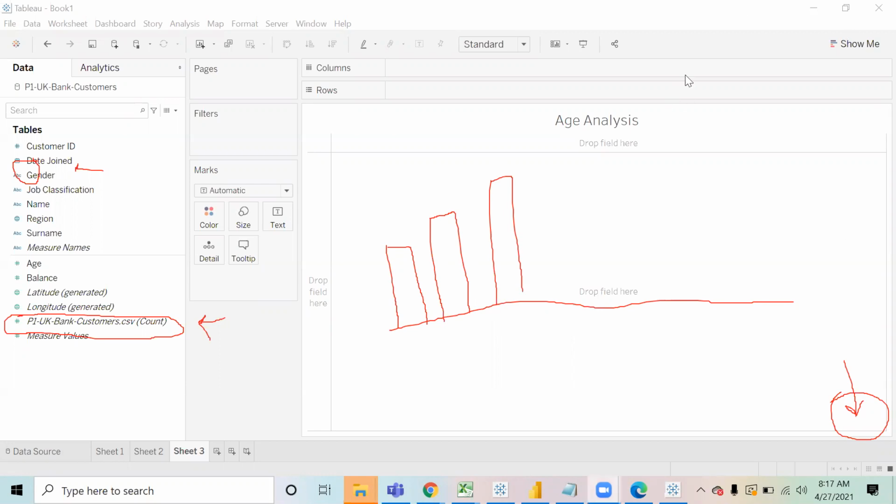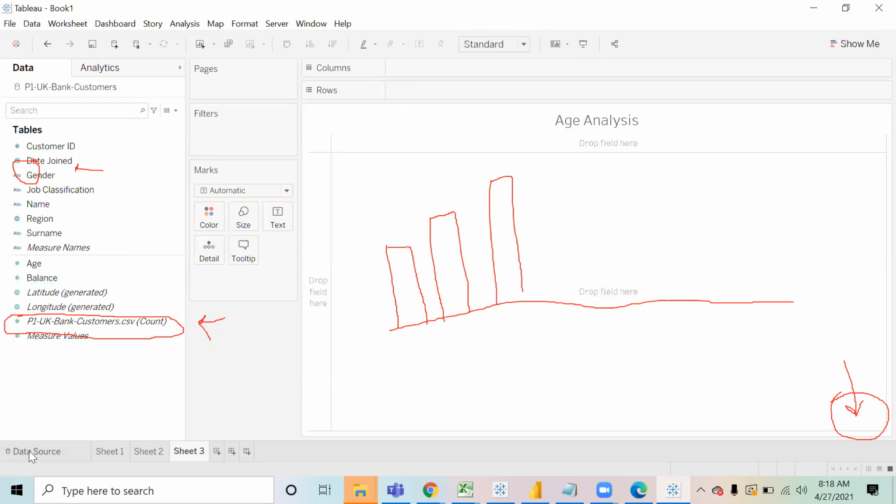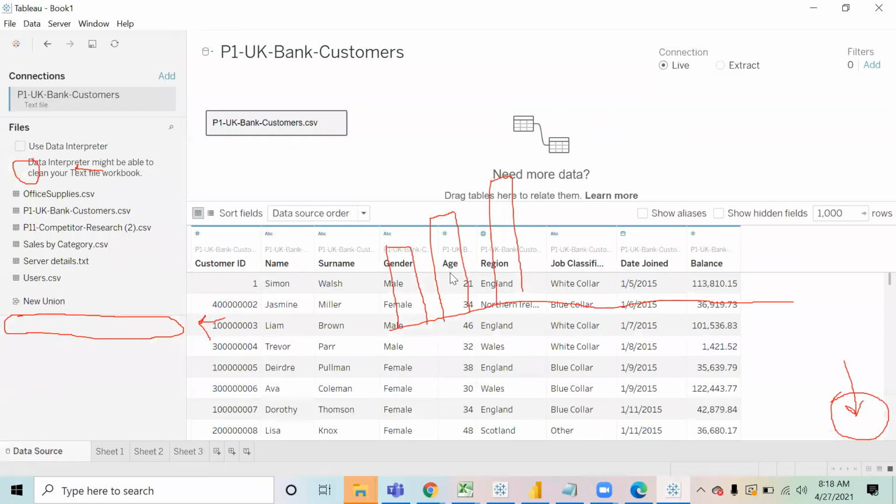Now the first thing that we will get over here is, if you see, we have a field of age. Now what is age? Age is coming as a measure. If you bring the age over here, Tableau is going to sum it up because it is coming under measures. But I don't want to sum the age. I want all the ages independently, right? Like if I show you the data source, I have 21, 34.